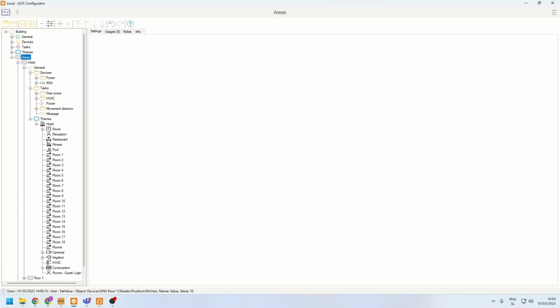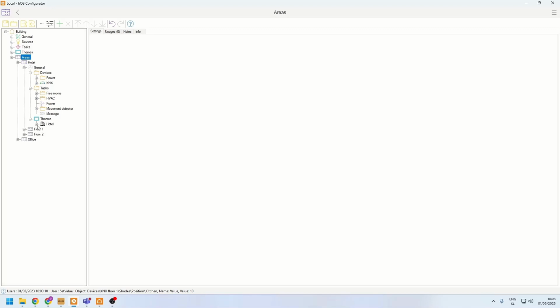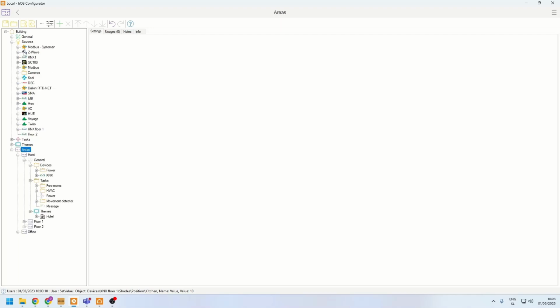In most cases, a lot of people are using it, I don't know how to say this, for larger projects. If you only have devices, let's say, and then you have 50 KNXs and 20 Z-Waves and whatever, and they're on a different floor and even a different building, that's why you would maybe create an area and then have only the devices in that specific area or